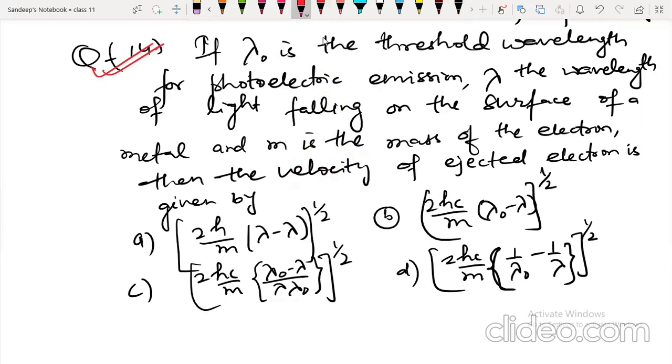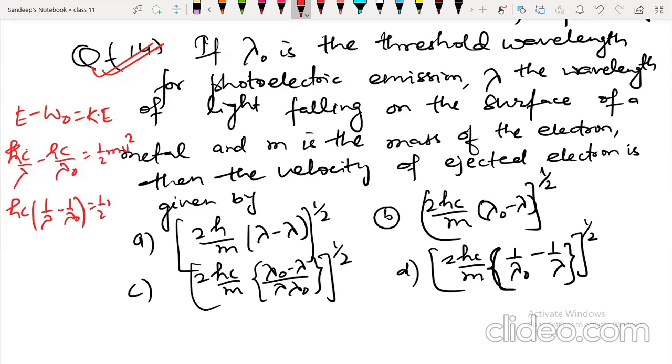How to do this one? Photoelectric equation. You have to use that equation. See, you know that energy minus work function is equal to kinetic energy. Energy equal to hc by lambda, and work function is hc by lambda naught, equal to half mv square. So take common hc, 1 by lambda minus 1 by lambda naught equal to half mv square. They are asking velocity. So velocity is equal to 2hc by m, 1 by lambda minus 1 by lambda naught,